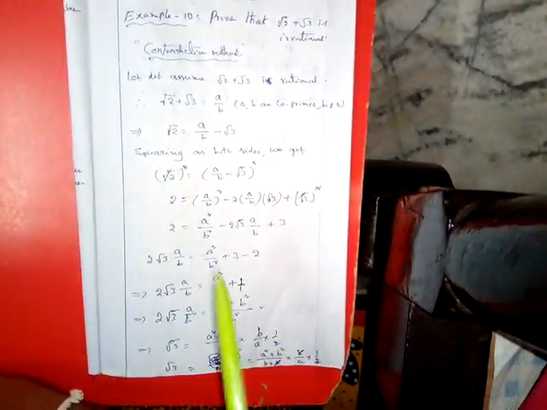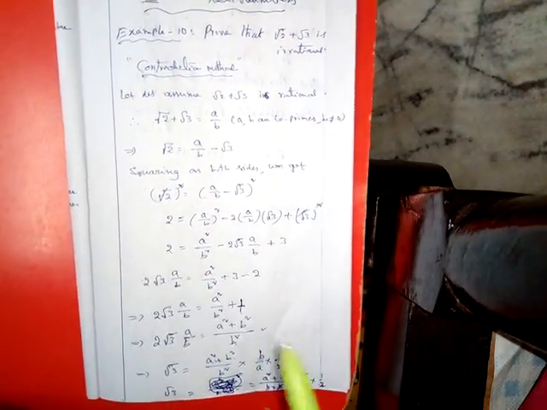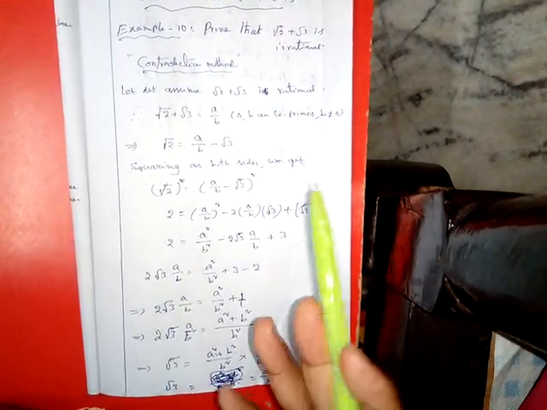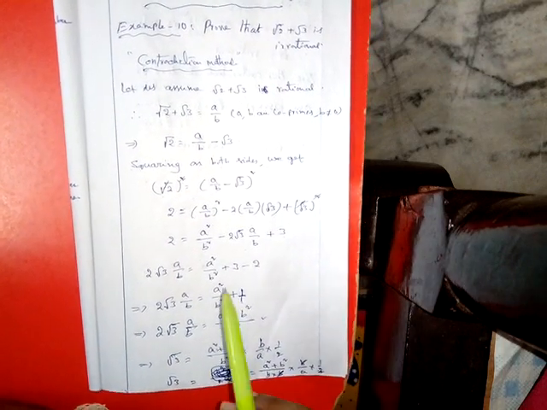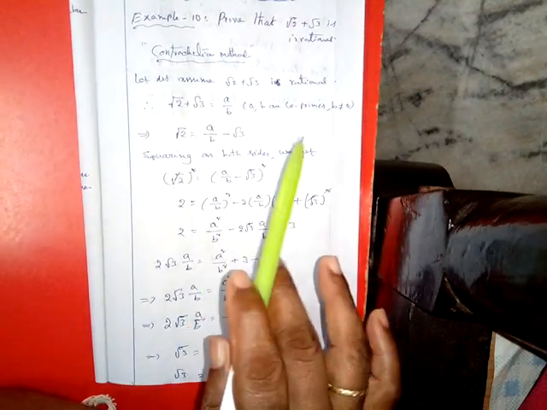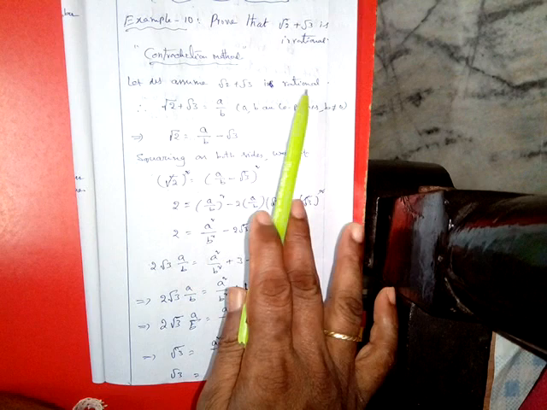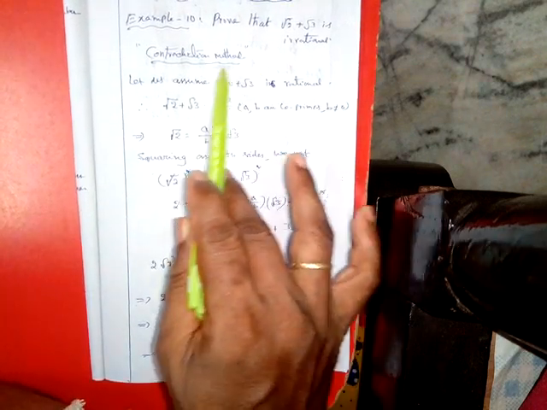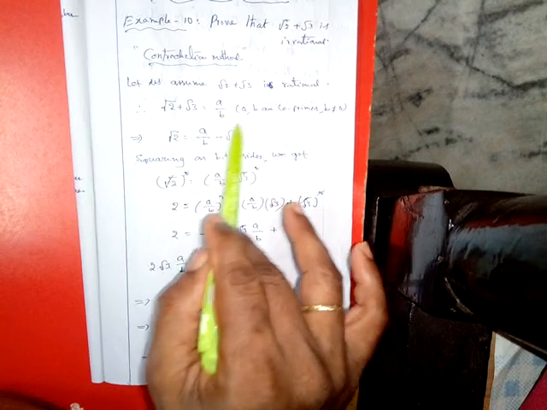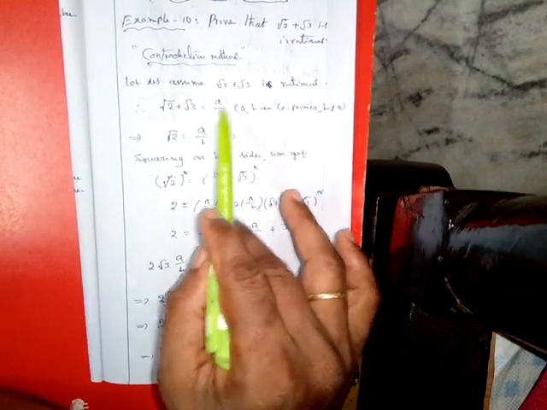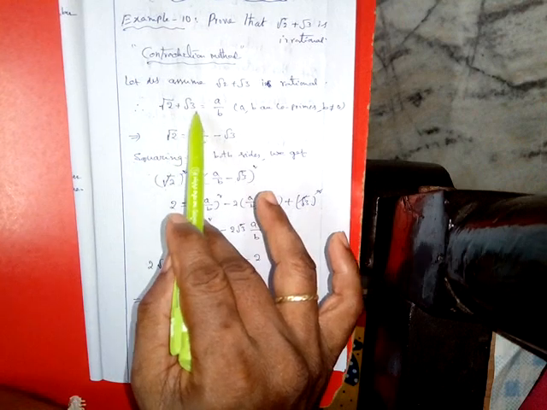Okay, once again I tell you, just carefully listen. How to prove that root 2 plus root 3 is irrational? Such problems, I already told you, there are five examples in this exercise from the real numbers chapter. It is very, very important, a 4 marks sum. So by using the contradiction method you can prove it. Let us assume root 2 plus root 3 is rational. Then every rational number can be written in p by q form. That's why we have written here root 2 plus root 3 equal to a by b, where a and b are co-primes and b is not equal to 0.